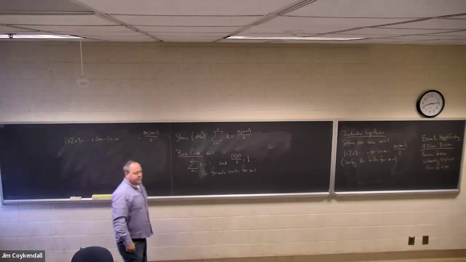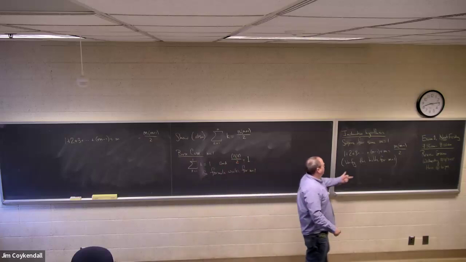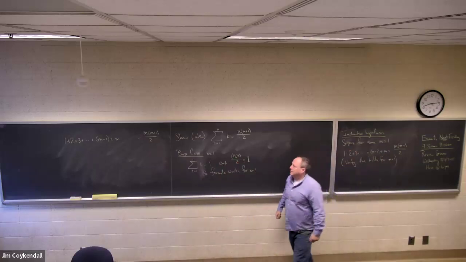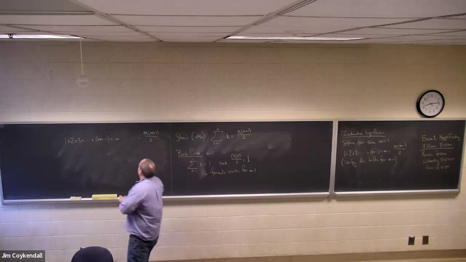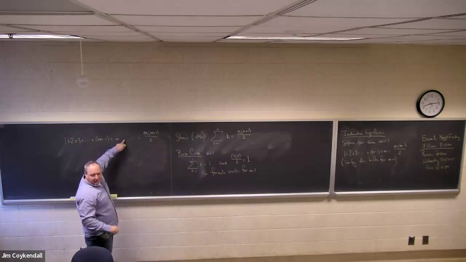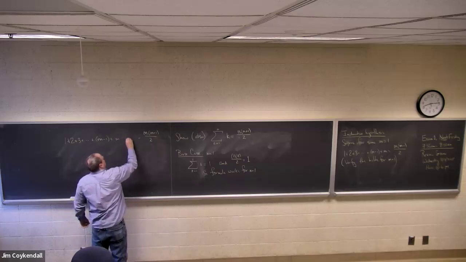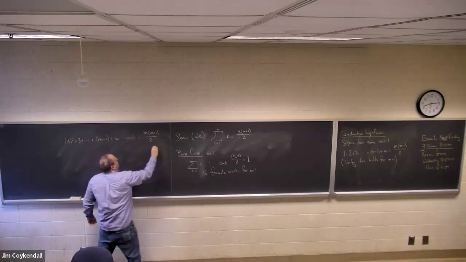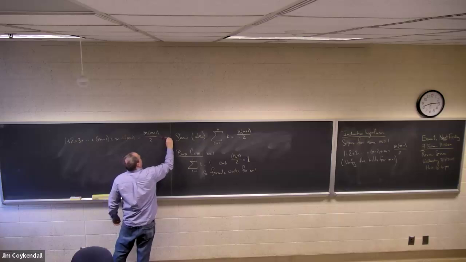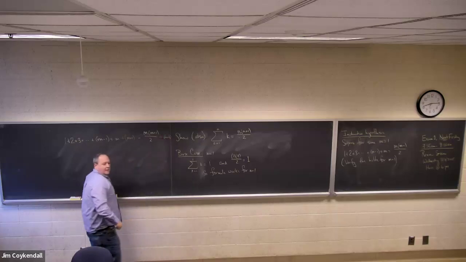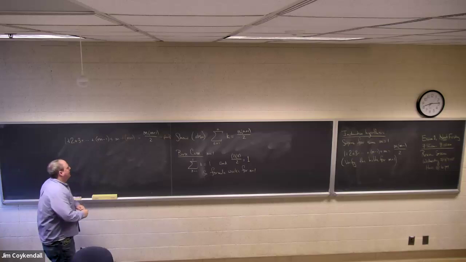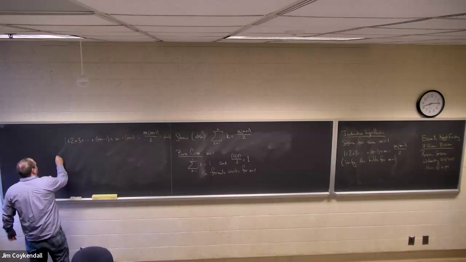So I'm going to start from my inductive hypothesis. This holds right here. And then I'm going to add the next term. What's the next term here? And so I better add it here. So this gives me